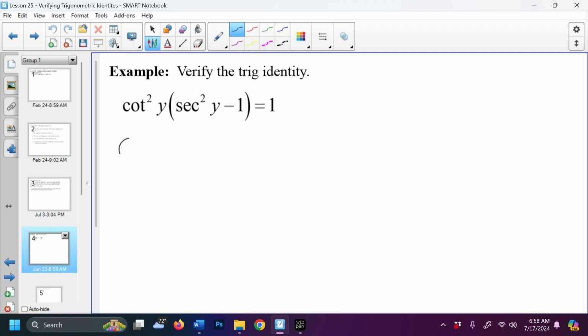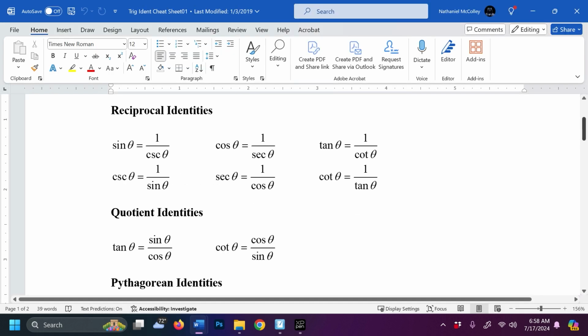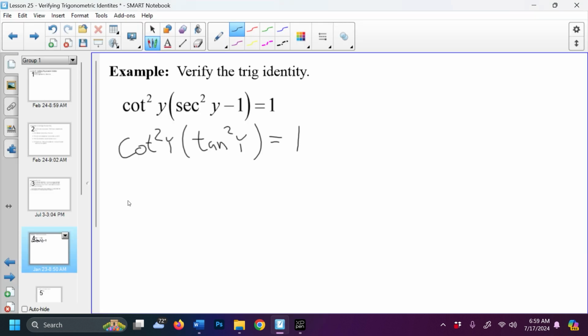So I have cotangent squared y, and then this one becomes tangent squared y, and I want that to be equal to 1. So now I have used one of those fundamental identities to get rid of the subtraction, and already I have only multiplications here. My next step that I see, I have cotangent squared y and tangent squared y. If I go to my trig identity cheat sheet, you'll notice that cotangent theta is equal to 1 over tangent theta. So I can make this 1 over tangent squared y times tangent squared y is equal,